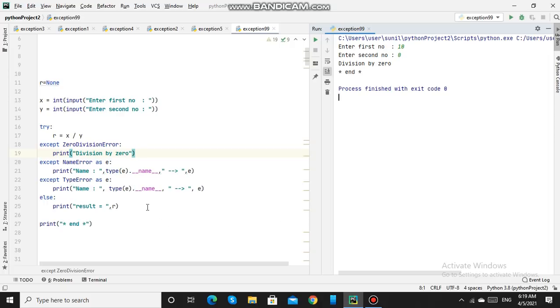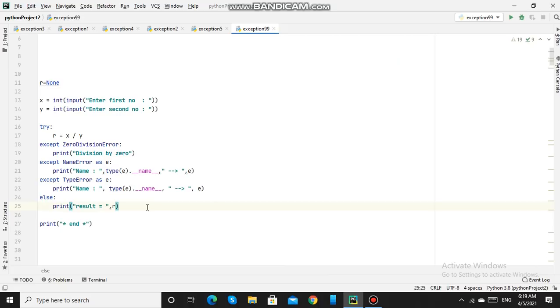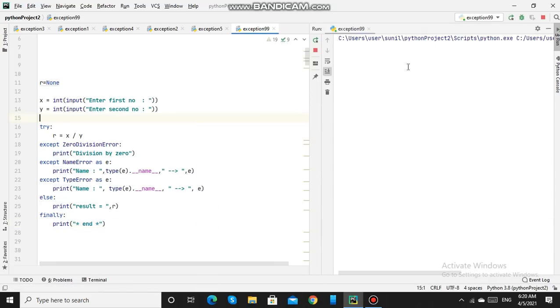Now we will see the finally statement. The finally statement will be executed irrespective of whether exception occurs or does not occur. So here I will print the end in this finally block. I will run it.